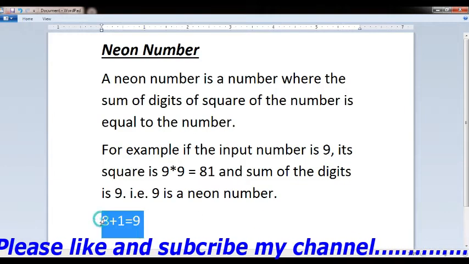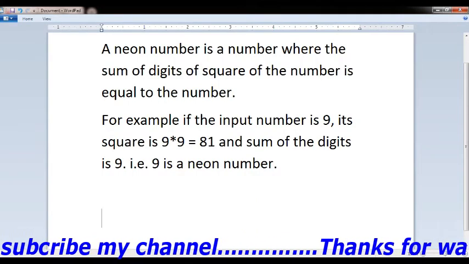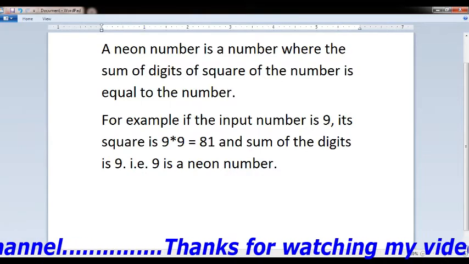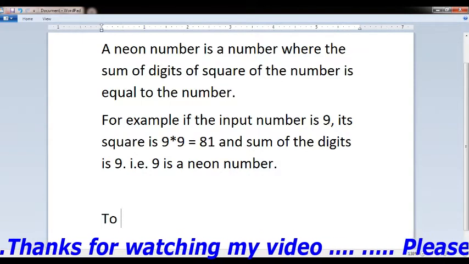So in this case we can say that 9 is a neon number. Some steps are there to follow to make a program to solve this problem.